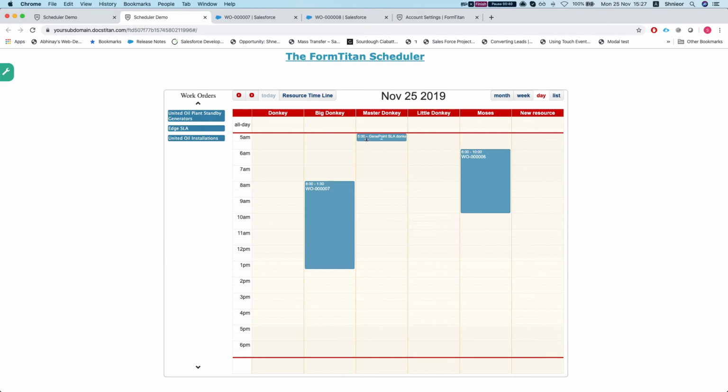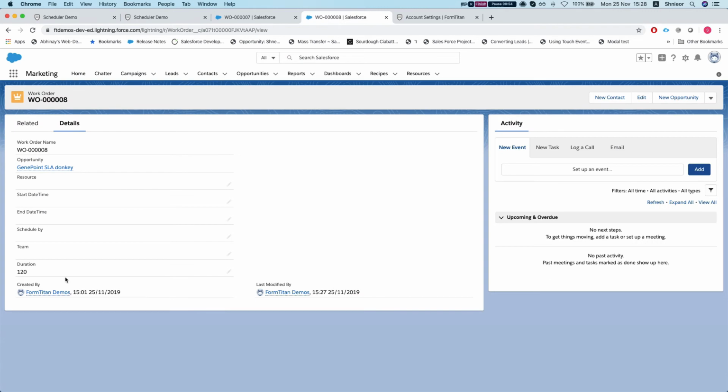In my instance, it would be, for instance, how many products there are on the opportunity, and if there are products, each product can contain the time that it takes to install it or anything like that. So what I've done here on the work order, and again, you can add it to any object according to your business requirements, I added a number, duration, which is in minutes,